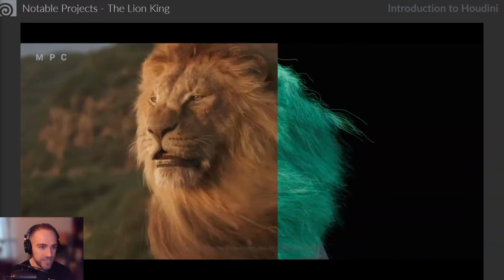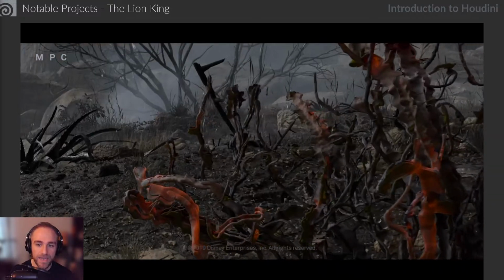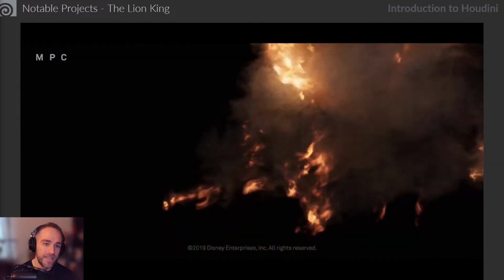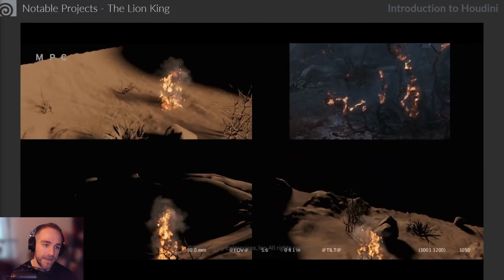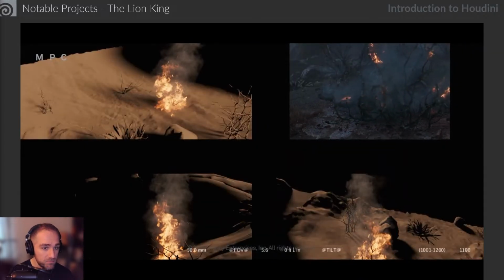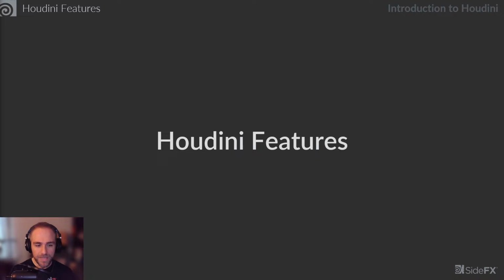So obviously great to be able to see these things from Disney and them share that with us. And like I said, you can see more about these on our website as well. There's some breakdowns there. So let's talk a little bit about the different features of Houdini, because I think it'll